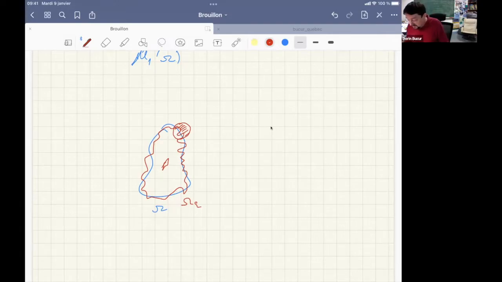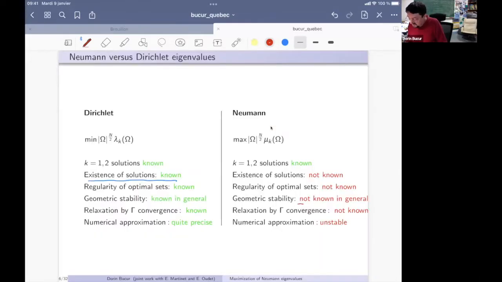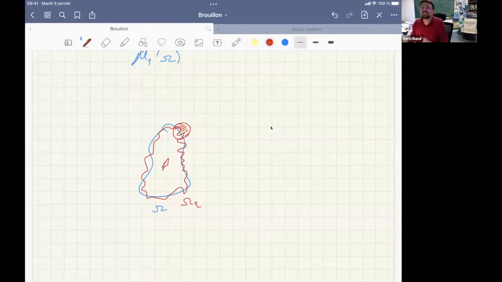The similar problem for Neumann boundary condition is that, well, in some very particular situations, we know that the spectrum of the Neumann Laplacian is stable. What do I mean by very particular situation? For instance, if you take a Lipschitz set and you perturb the boundaries in the class of Lipschitz sets with the same, uniform constants. In this case, the spectrum is stable. However, as soon as you get a little bit out of these very smooth and uniform perturbations,